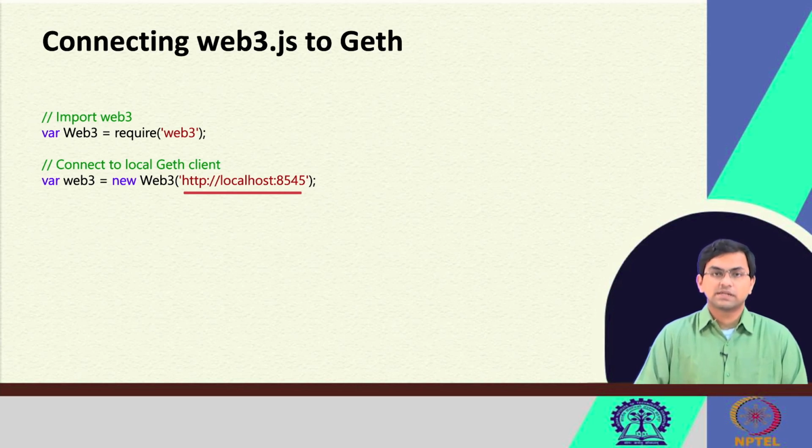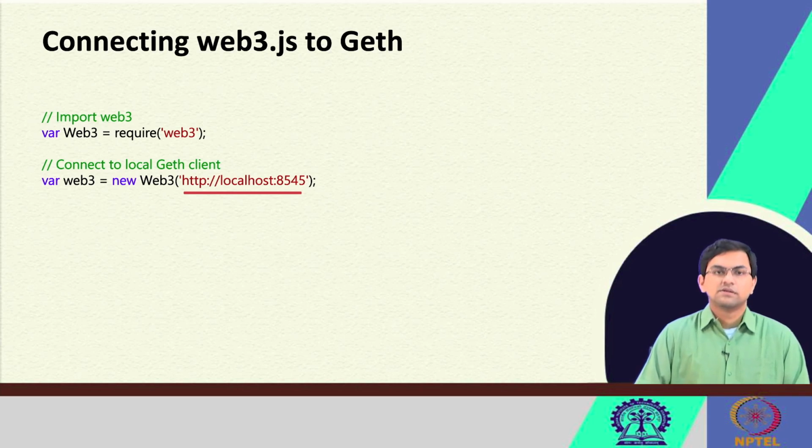Now the next step is very important. How would your Web3 application connect to the Go Ethereum client which is running? Web3 itself cannot connect to the Ethereum network directly, as we just saw in the previous diagram, that Web3 connects to the Go Ethereum client which is connected to the Ethereum network. The Go Ethereum client can expose RPC over HTTP API, and we will be using that to connect Web3